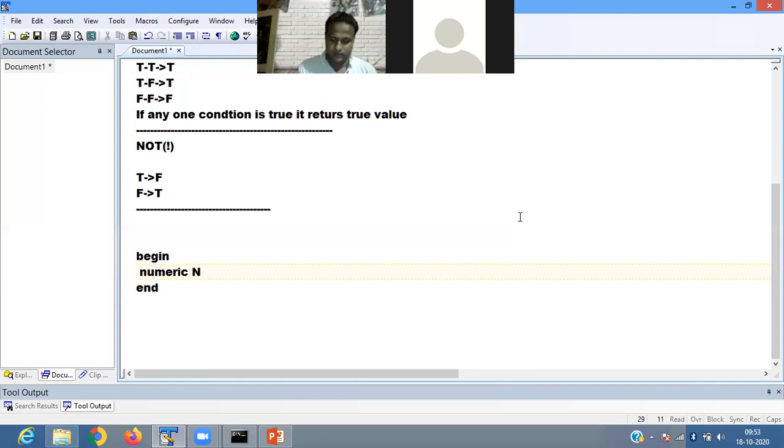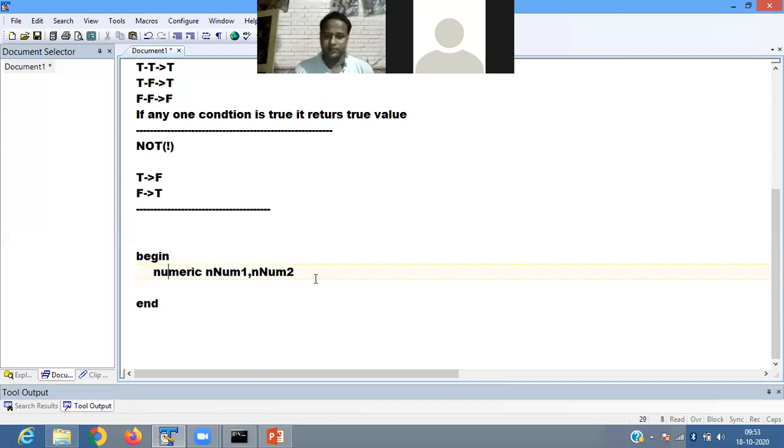num1, then num2. So here we define two memory locations. Then it is asking you to input some value.